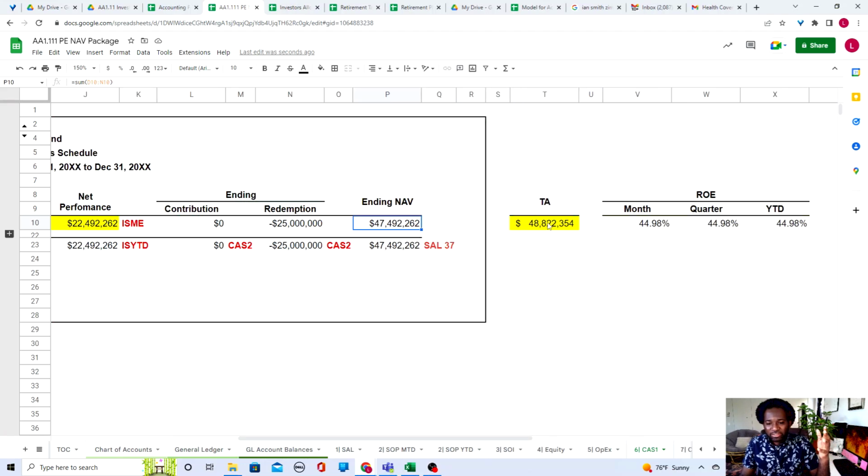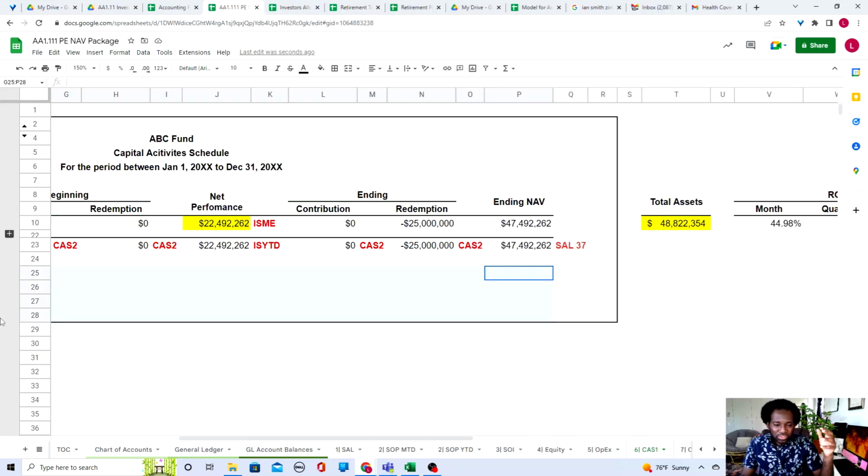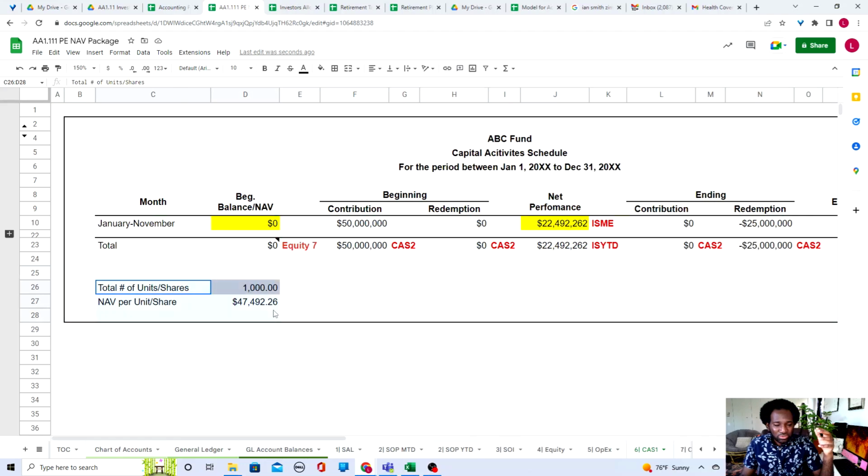I added some information here, total assets. So TA stands for total assets. And then we have our return in the investment. I just made an assumption on a rolling basis, right? So this is really what your total